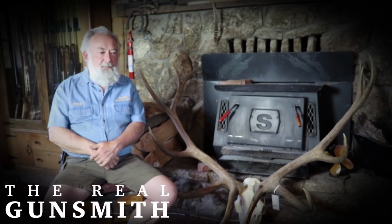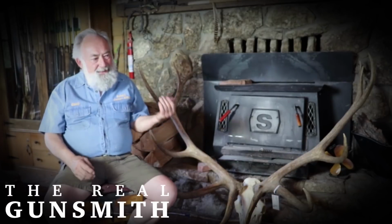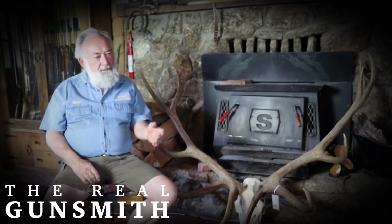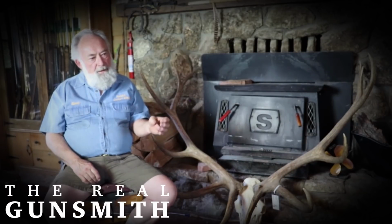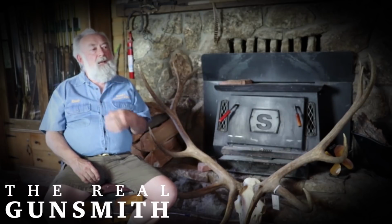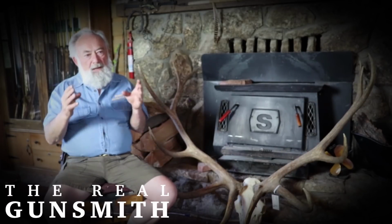So you have to do these things, and you learn how to do these things over a lot of years. And I packed hundreds of elk out, but this is the biggest elk rack and the most difficult. And I simply held real close on his halter, right under his chin. And I had 3.5 miles to walk out